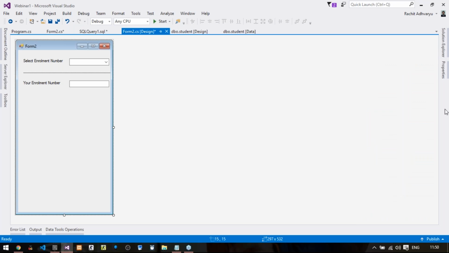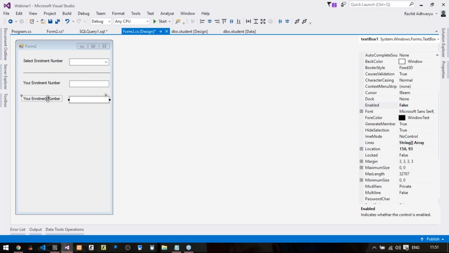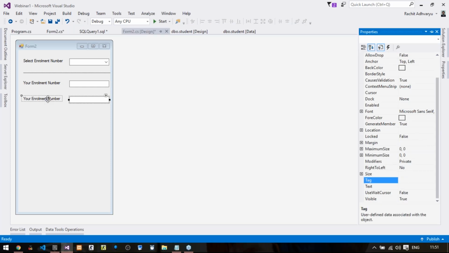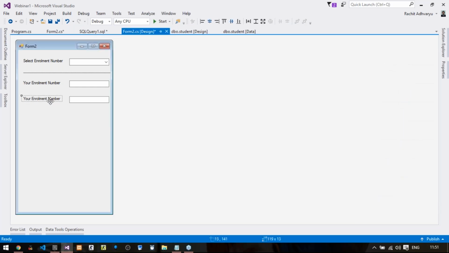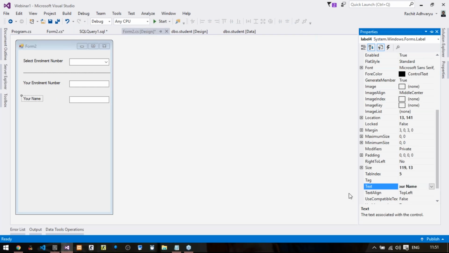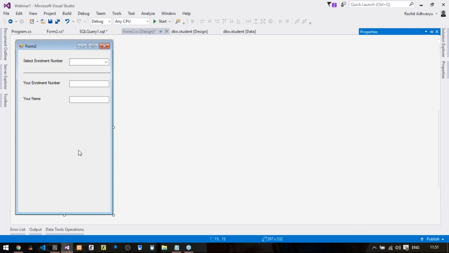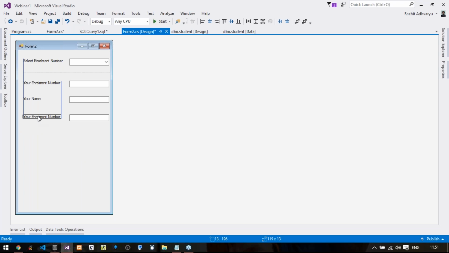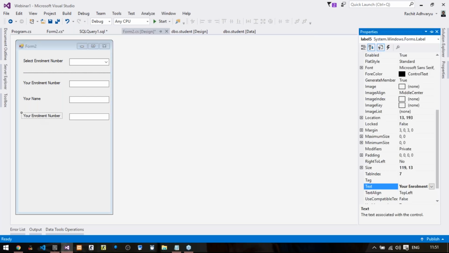Okay, so moving on next, I'll just copy paste this, Control C, Control V, and I'll just change the text of this to, let us say, your name is. Again, copy paste. Again here, let me just keep it like this, your semester.